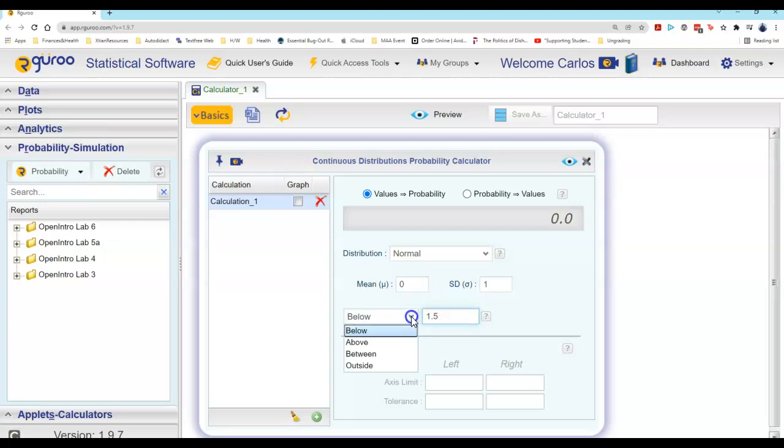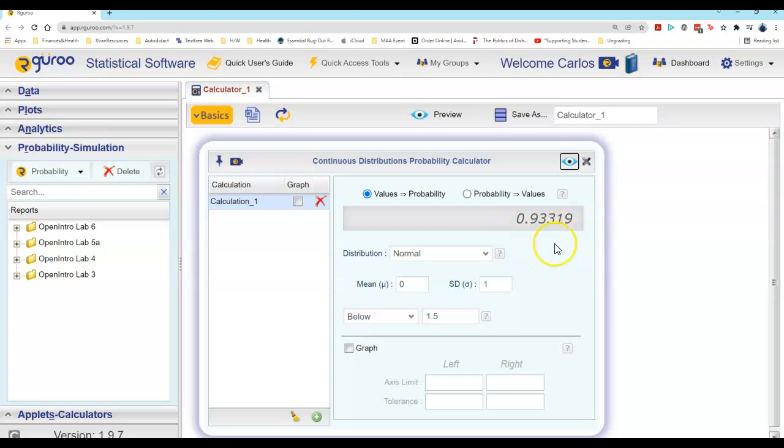Notice if I click on that drop-down menu, I can also find the area under the curve for values above this z-score or between two different z-scores, and we'll see examples of those pretty soon. Okay, so everything's filled in. I now hit preview. Notice that the dialog box value has now changed to